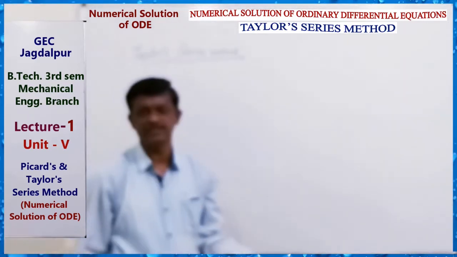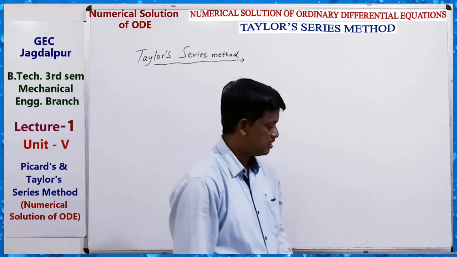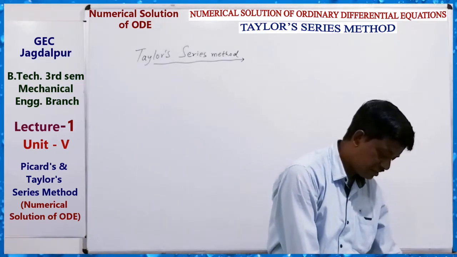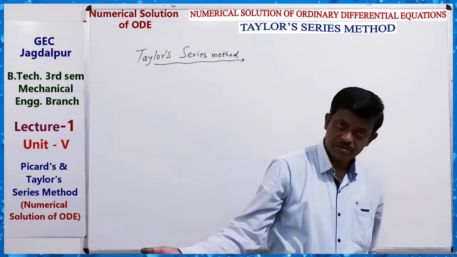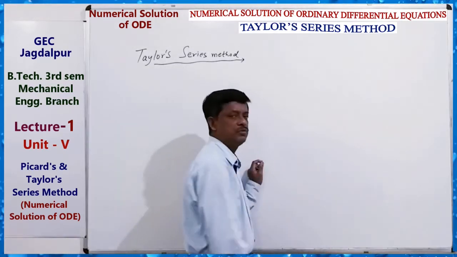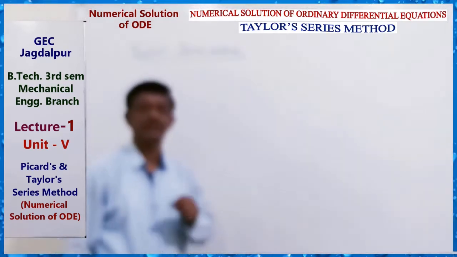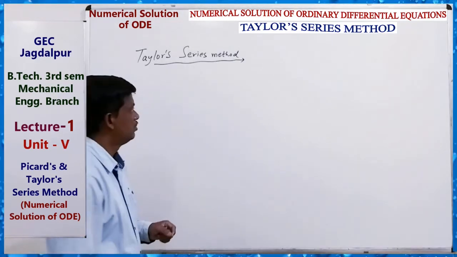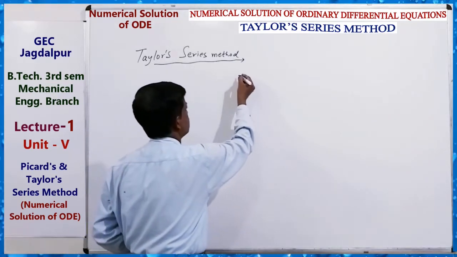By using the Taylor series we can find the value. We know about the Taylor series from previous classes. Here also we have to find the numerical solution of a first order differential equation